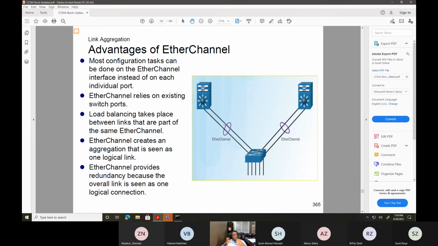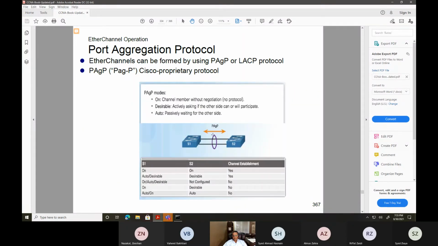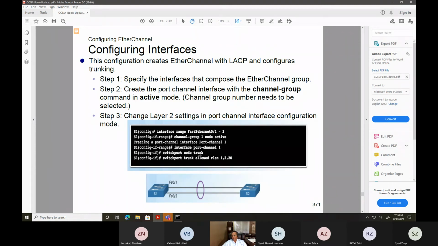Basically, you create a bundle, and in that bundle, you combine these two cables together. Instead of 1 gig, I've got 2 gigs. So this is virtually combining these physical links into one virtual link. Physically, there are two; virtually, there's one. Let me explain this with an example here, then go back and understand this configuration, and the rest of the stuff is going to be very easy.